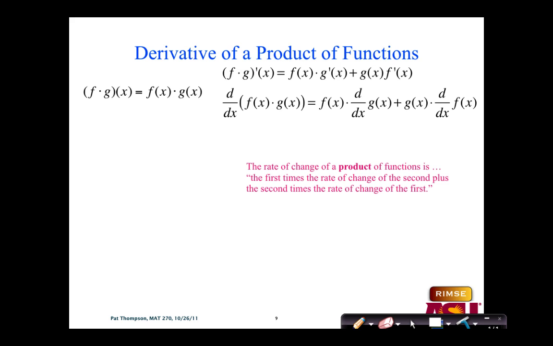You want to say this in words: the rate of change of a product of functions is the first times the rate of change of the second plus the second times the rate of change of the first. Or, in other words, if we're dealing with